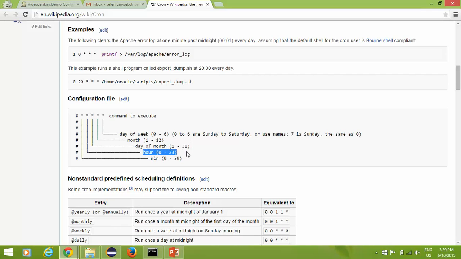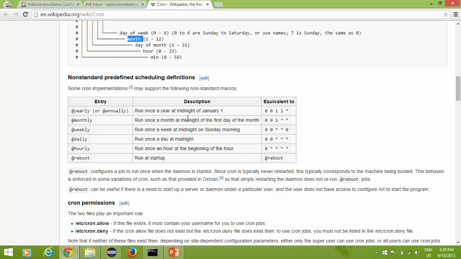So if you set this to 8, it will execute this test case at 8 a.m. If it says 0 8 star star star, it means it will execute at 8 a.m. Like this you can change these values, this month and day of month, finally the month and the day of the week.